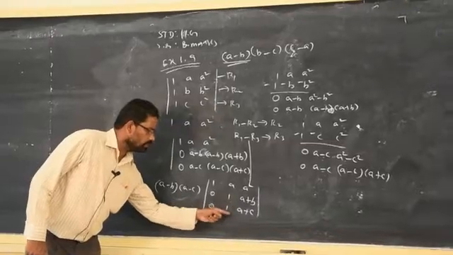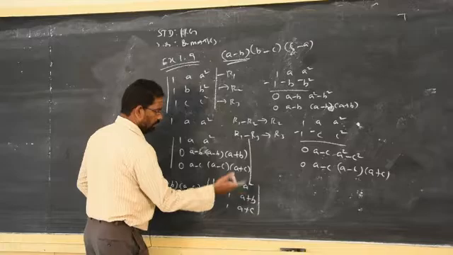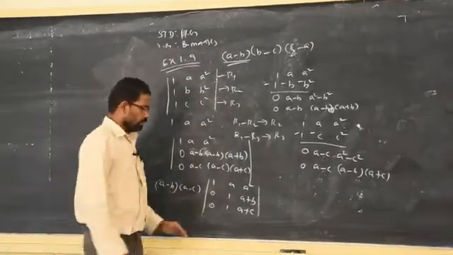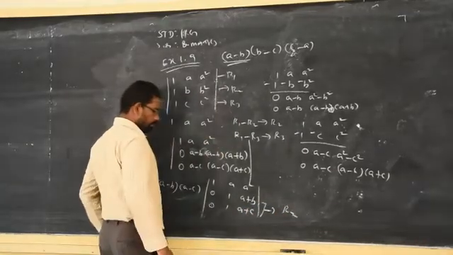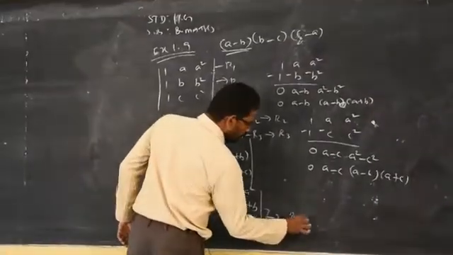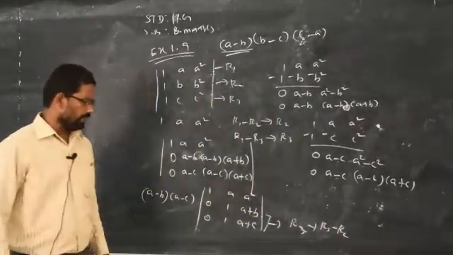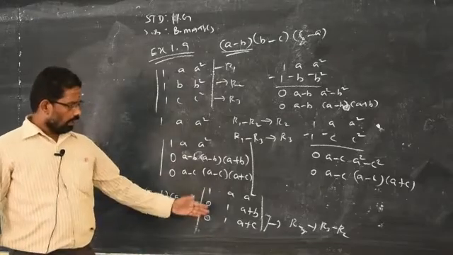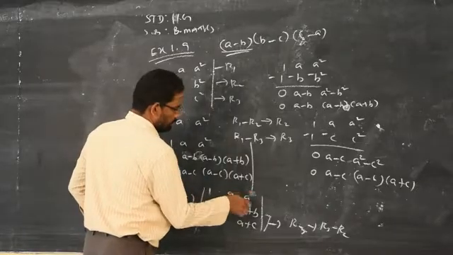Even if you subtract these two, it will be allowed. If you subtract these two, you will get 0 and you will get the required answer. Clear? So after these steps, you subtract both rows, that is, replace R3 by R3 minus R2. You simplify, otherwise you straight away apply the determinant. You know how to expand a determinant using the first row. Then you will get the answer. Clear?